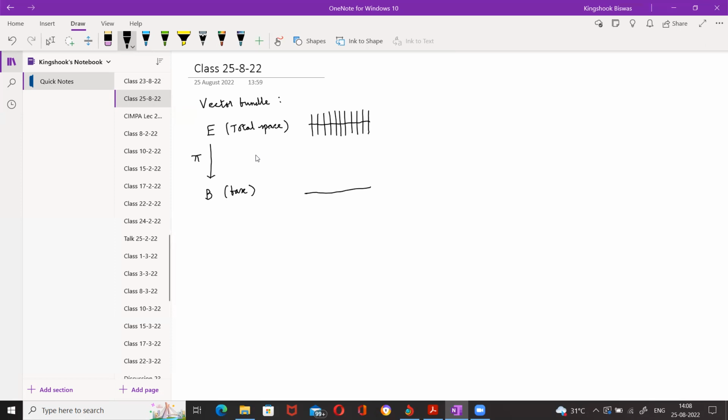So near any point in the base, I will have a neighborhood U such that if I look at the preimage of U in the total space, that's the collection of vector spaces lying over points in U. So this would be pi inverse U. Then from pi inverse U, I have a diffeomorphism, say phi, which goes to U cross R^k,